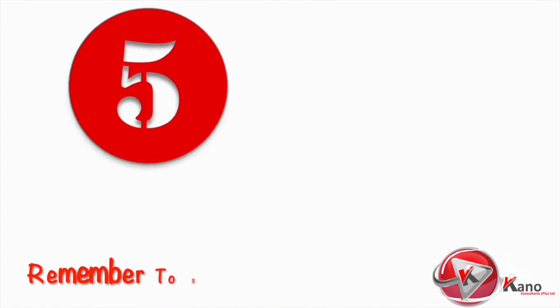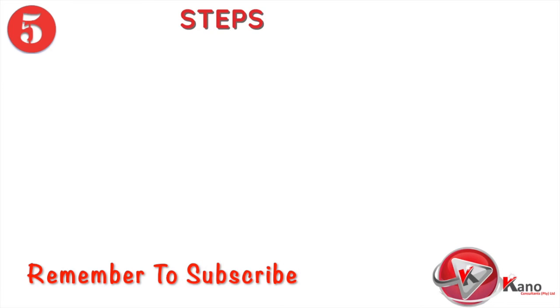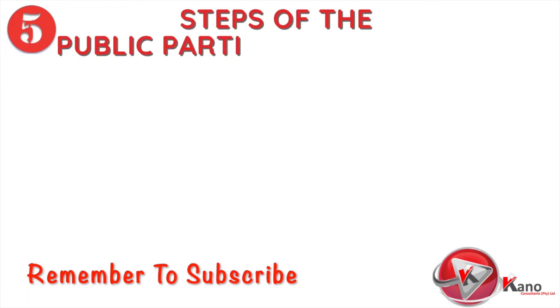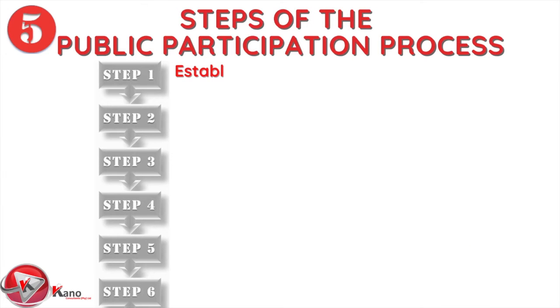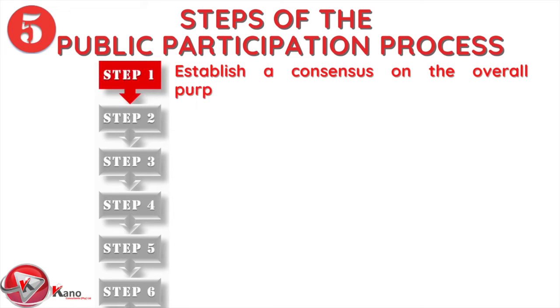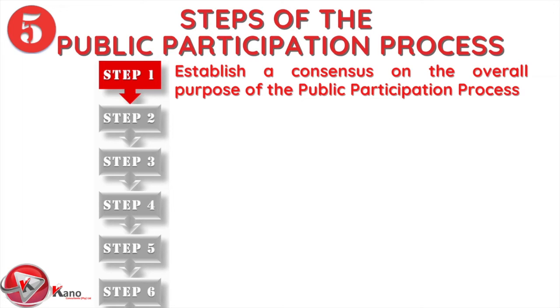There are several steps in the public participation process. In this next segment, we look at these various steps. The first step is to establish and clarify the purpose of the public participation process to be undertaken. Consideration therefore has to be made on whether the process is to inform the community regarding proposed policies or actions, or whether such process is to allow the public to provide inputs on proposed policies and administrative actions, etc.